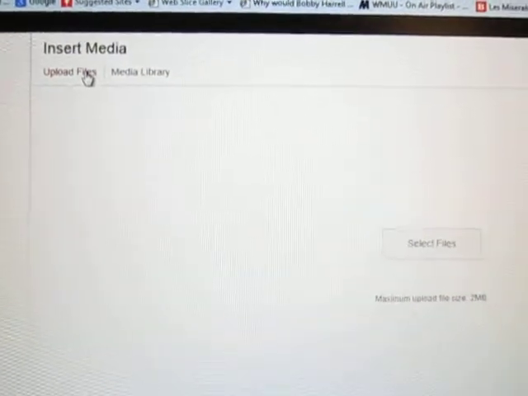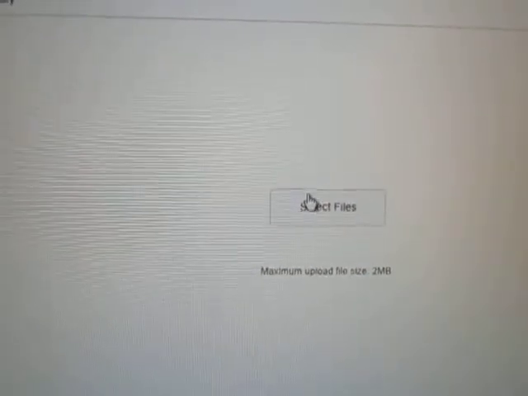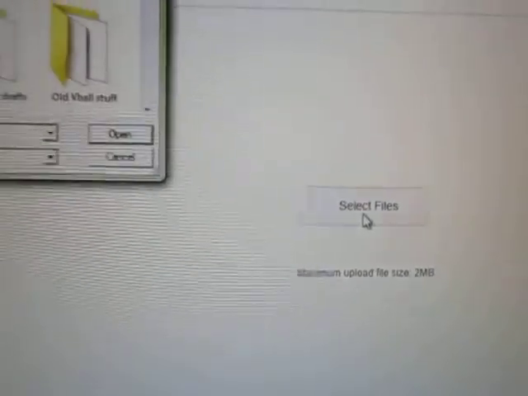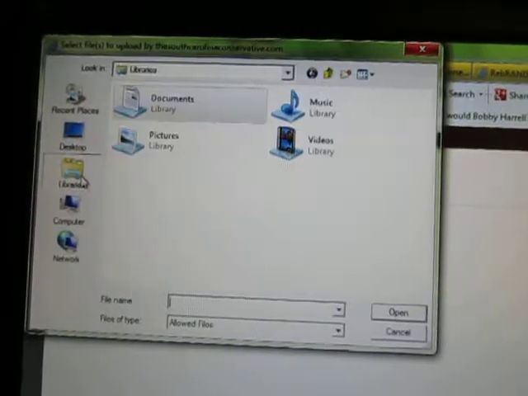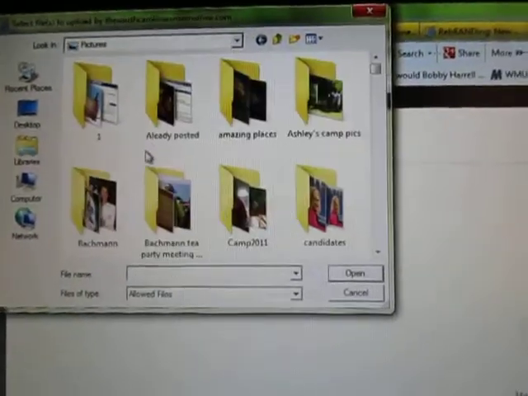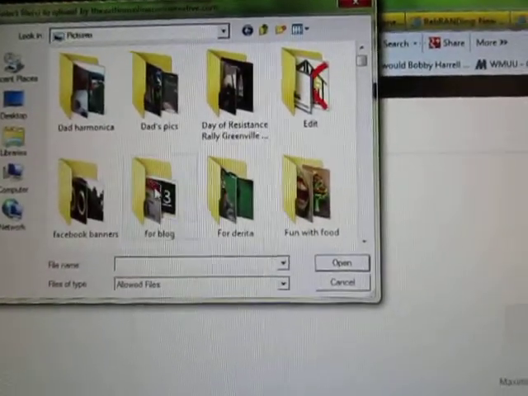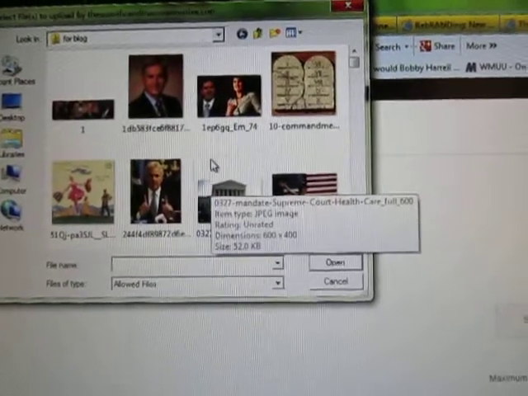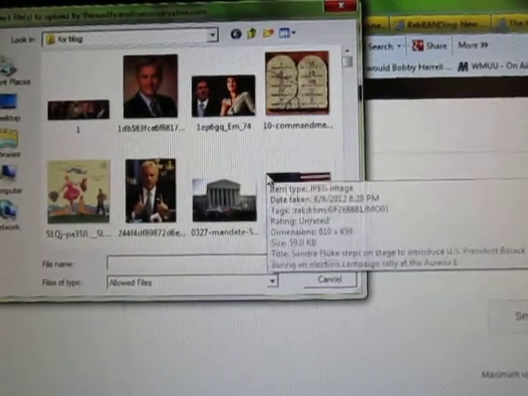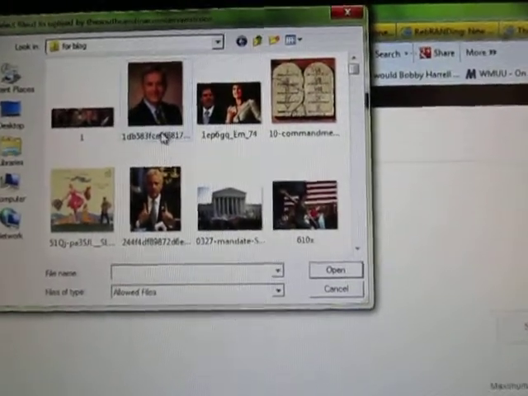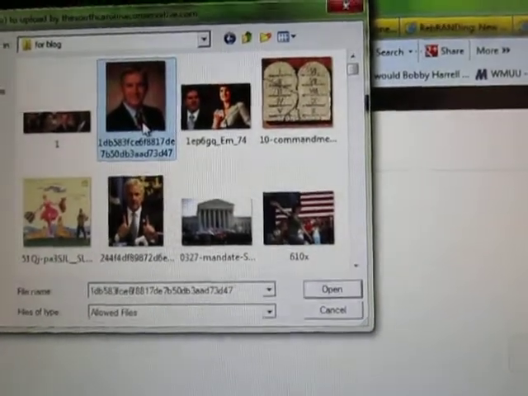So we'll come here to Upload Files, and then in the middle pops up the tab to Select Files, and my files come up here, and I want to go to Pictures, and I've got a little folder that says for blog. Here is where I always put all my blog pictures. So we'll just pick a random picture here. I think that's my congressman there, Trey Gowdy, so I'm going to use that one. Highlight it, click Open,